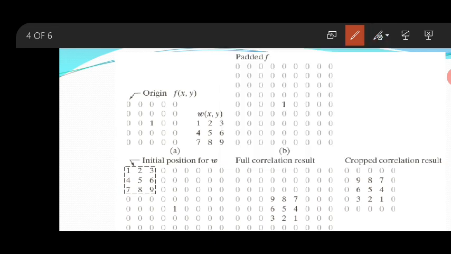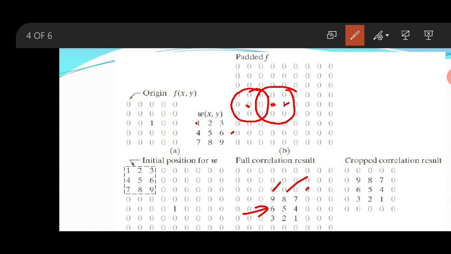Now when you perform this operation, you have to slide it down here. Again you are getting a 0. This is a center pixel. When you come to this position, look at this: again 0, 1, 0, 0, 0, 0, 0, 0. This one is multiplied with 6. What answer do you get? This is the center pixel. The previous answers were 9, 8, 7. Now it will be replaced with 6.